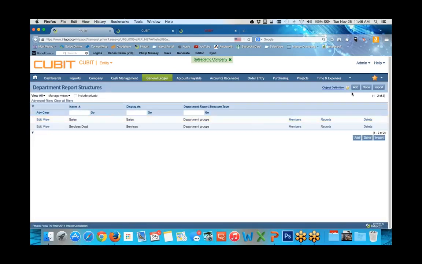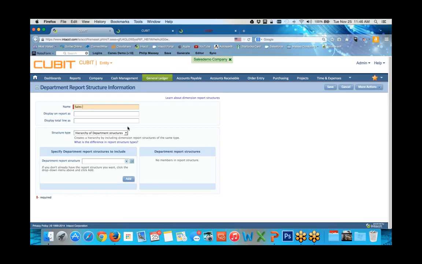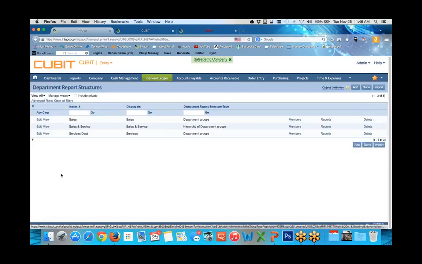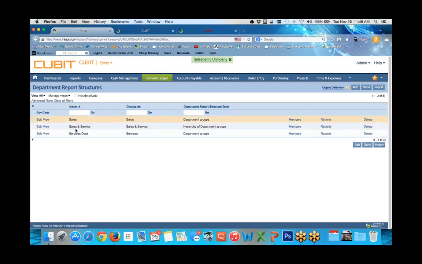Now the other thing to show you too is I can come in here and I can create sales and service if I wanted to see the total of those two, and then I could just utilize the sales department structure and the services department structure and save those. Okay. So what I've built here is the departmental report structures, one for sales and service, and one for the services department. Okay. Now,